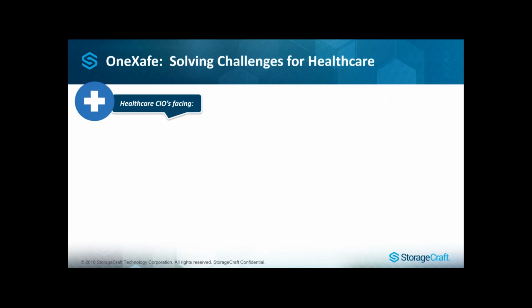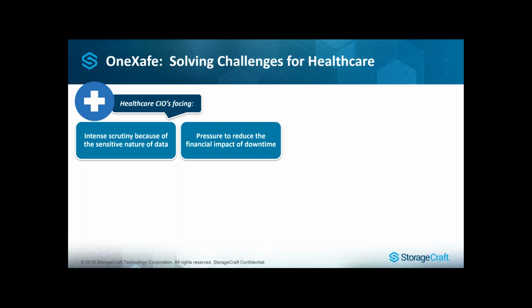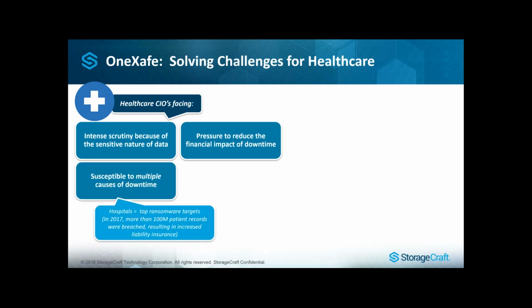And the healthcare use case is that CIOs in healthcare are not only facing intense scrutiny due to the highly sensitive nature of patient information, but they're also under pressure to reduce the risk of any financial impact that's brought by downtime, right? So healthcare is more susceptible, as a matter of fact, to data loss than ever before. And this is interesting, right? So in addition to things like operator error,